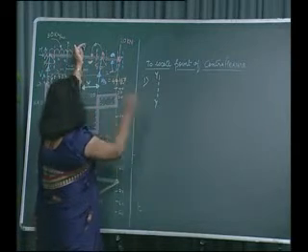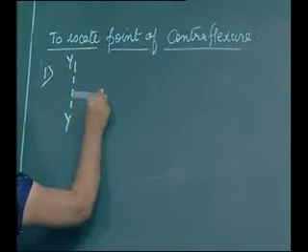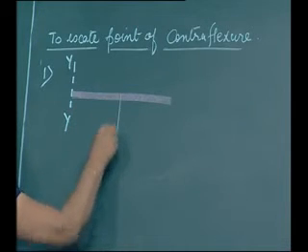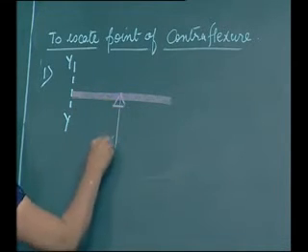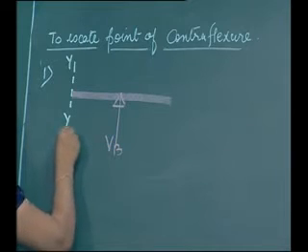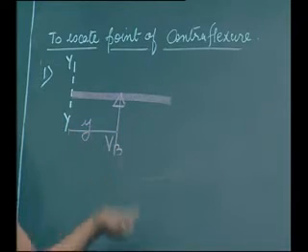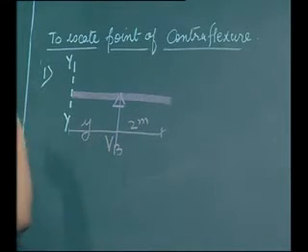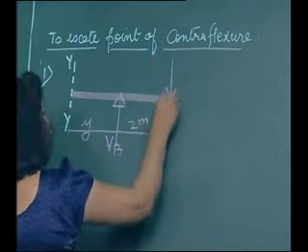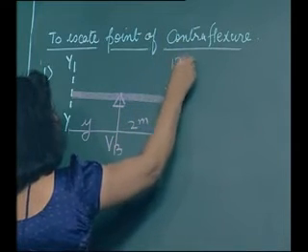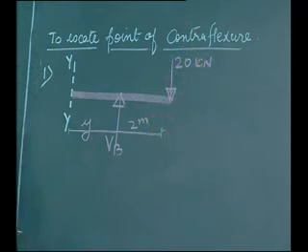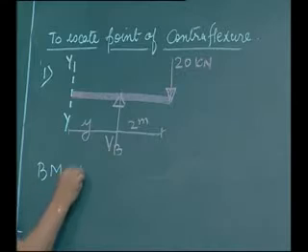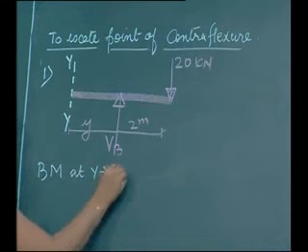Now I want to draw the right side free body diagram. So we will draw the beam. Okay. So at this particular point we have got reaction VB, and this distance, that is nothing but Y. After that, at a distance of 2 meters we have got a point load of 20 kilonewtons. So we can show over here 20 kilonewton point load. Okay. Now what I know that the bending moment at section Y is equal to 0.